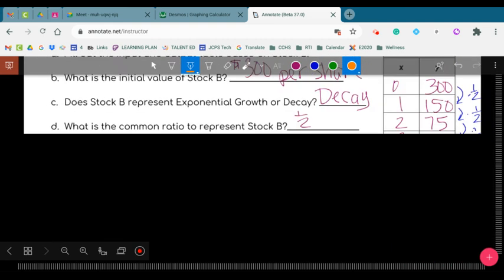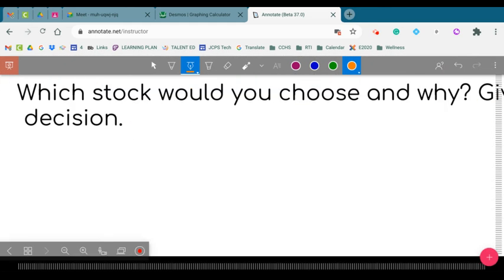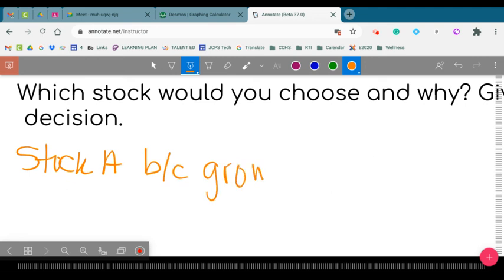You want to choose stock A because it's growing in value. And stock B, you would lose money. Okay, let me know if you guys have any questions on this, and you guys can get started on your